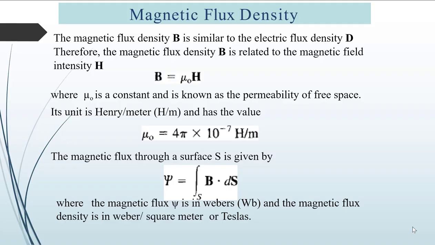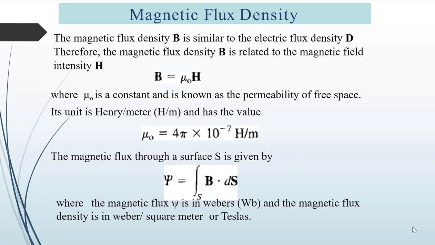Let us discuss the next parameter of magnetic field, that is a very important parameter, that is magnetic flux density. The magnetic flux density B is similar to the electric flux density. So it is flux divided by area, or magnetic flux divided by area. Therefore, the magnetic flux density B bar is related to the magnetic field intensity H by the relation B bar is equal to mu naught into H bar, where mu naught is a constant and it is known as permeability